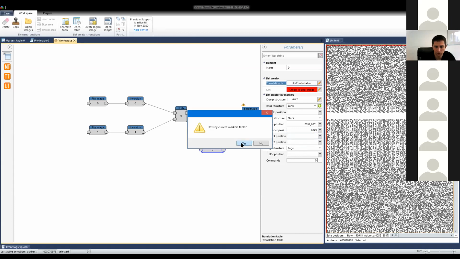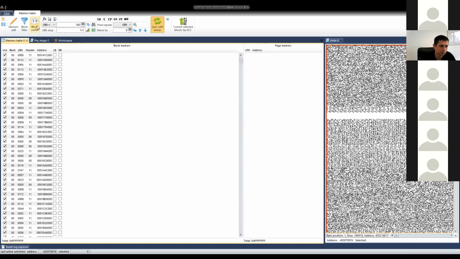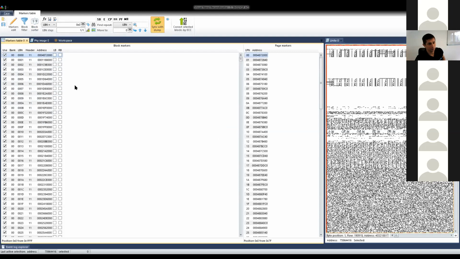So create table, markers table, then regular clicks, block sorter, then block filter. Now already I use the header because I selected header, correct position for the header. And OK. So these empty blocks are unchecked now. One more time, block sorter. I do this after each of my transformations. And have a look. Finally,